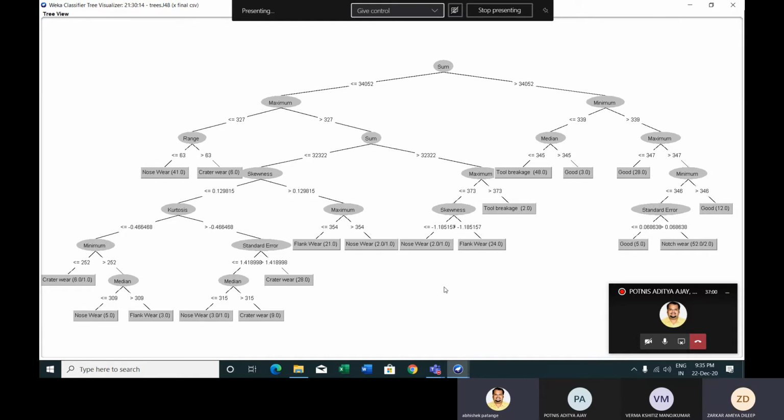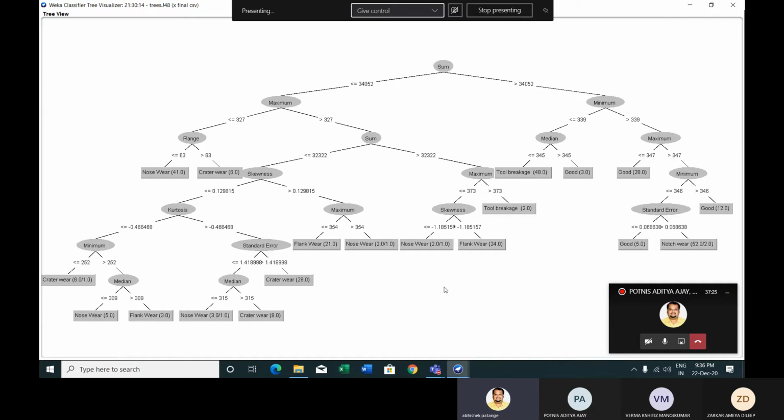For initial flank wear, there will be only 0.2 or 0.3 mm wear. If it ranges from 0.4 mm to 0.5 mm, it will be considered medium, and above this it will be considered high flank wear.